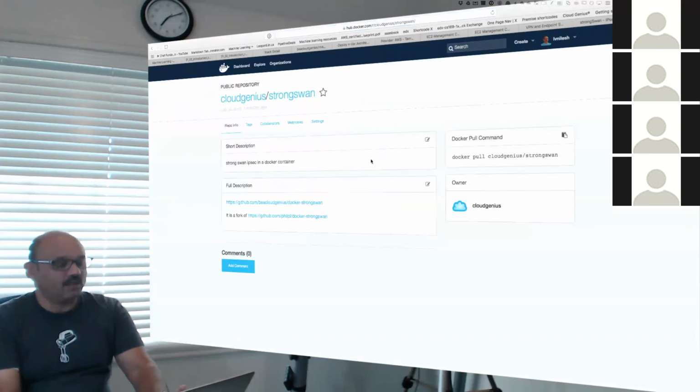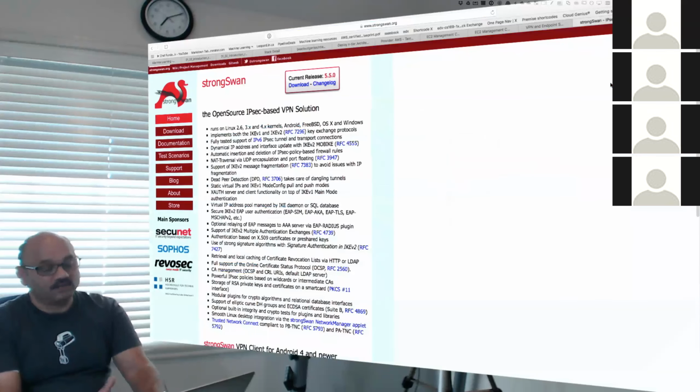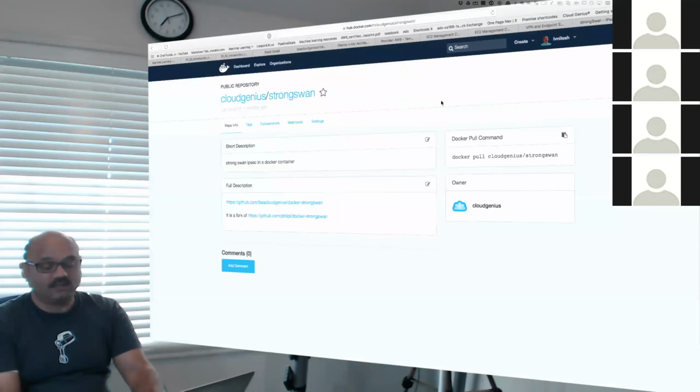This Docker container called CloudGenius StrongSwan is a ready-made Cisco VPN. It's not Cisco, it is StrongSwan, but it is open source and it works just like Cisco. So you can basically run docker pull CloudGenius StrongSwan, and there we have it. I'll demonstrate that in like 5 minutes, but not right now.